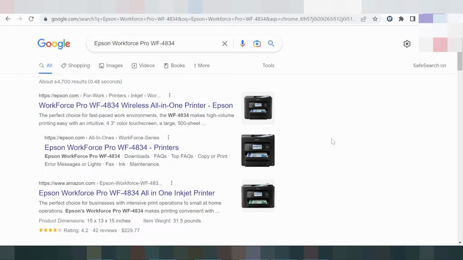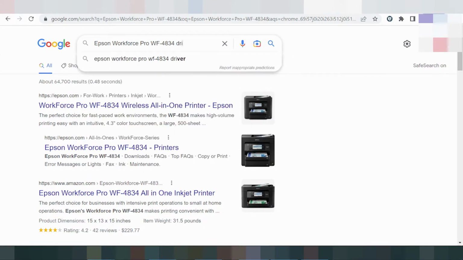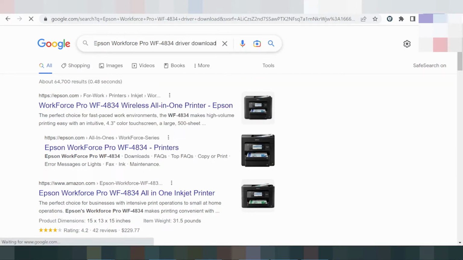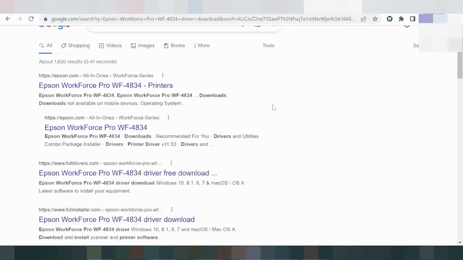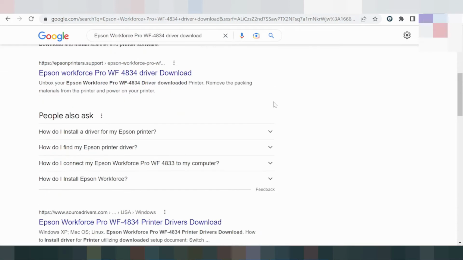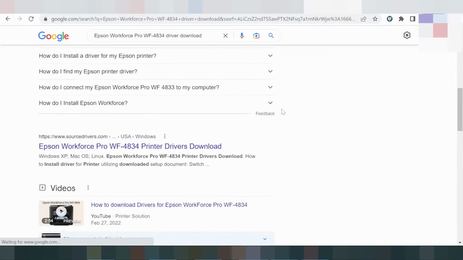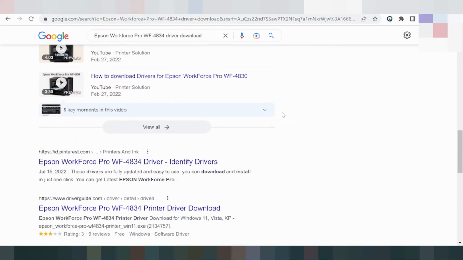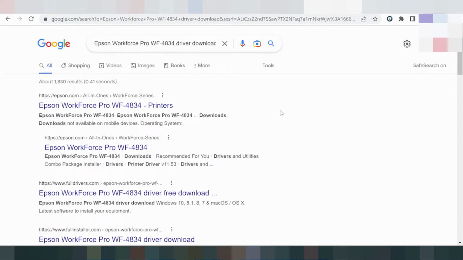I need to download the driver for the Epson WorkForce Pro, and this is the tutorial. You type the driver download, and it's right. I searched for the official website for you. I like to download from the official website. The official website is not a virus and is easy to download from. Click here,